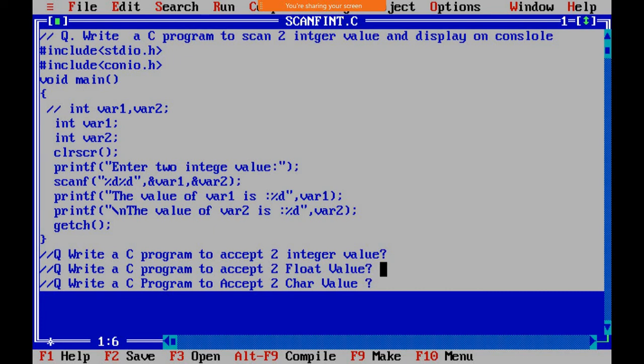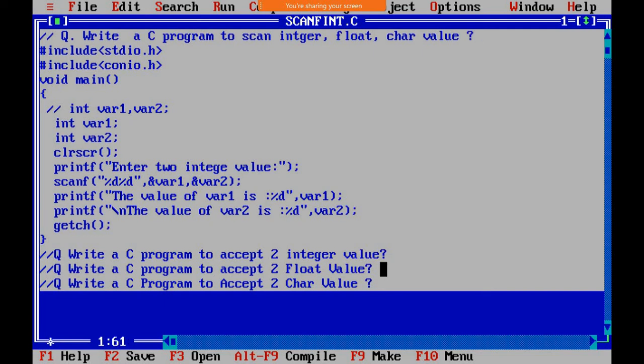In that section we'll accept the integer value, we'll accept the float value, a combined program, or we'll accept the integer values. Okay, so write a C program to scan int. I will delete this. Will display that value on console.